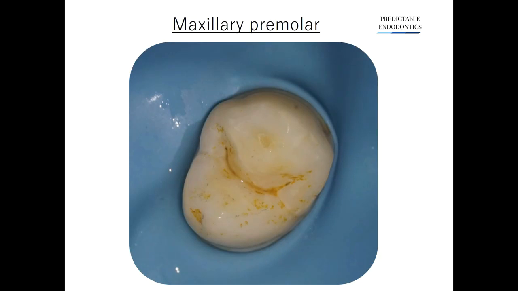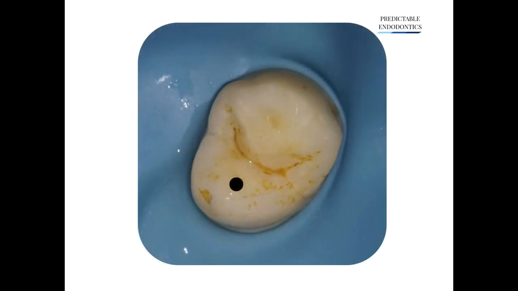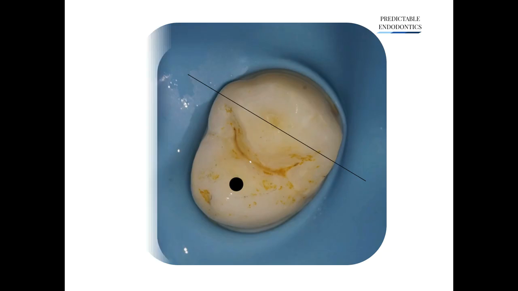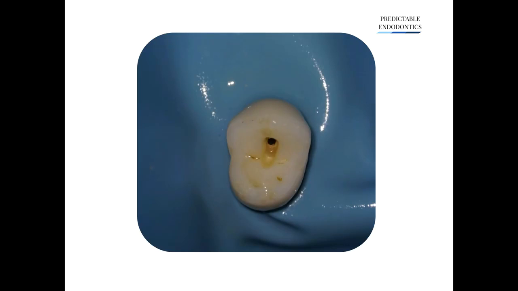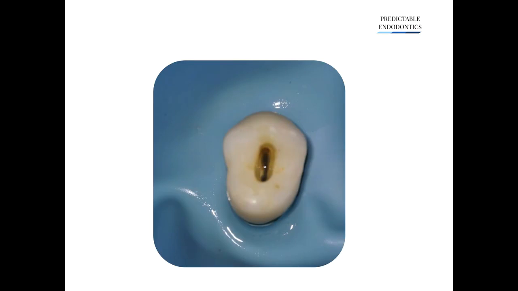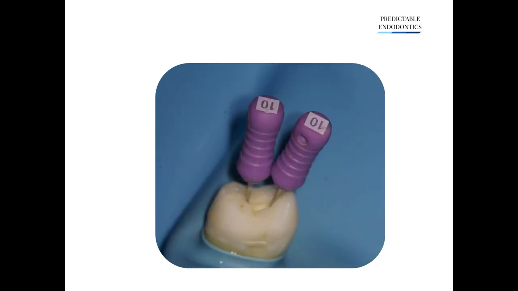Let's have a look at the maxillary premolar first. Begin your access on the tip of the palatal cusp, which is the stress-bearing cusp of a maxillary tooth, and extend it to a point that is 2 mm short of the buccal margin. Trace your way down gradually with a round burr until you come across something like this. As you go further down, you will feel a dip into the pulp chamber, and now all you have to do is place your non-end cutting burr into this drop and extend buccolingually until you have good straight line access to both your root canals.